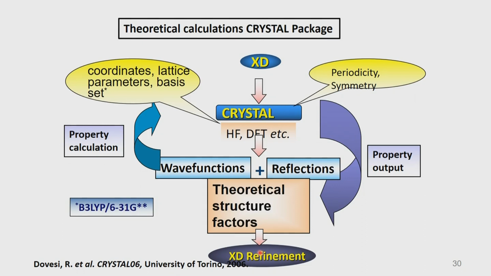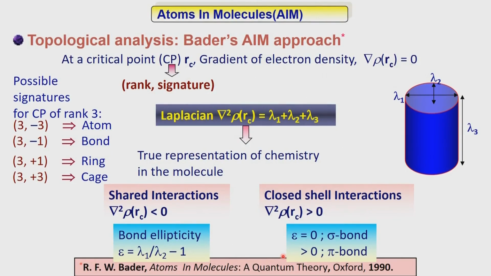There are two ways in which we can do it. One is, of course, we have the wave functions. This is the quantum crystallographic approach. So, we have the wave functions, we can go back here, recalculate these values and then feed into Crystal and then develop the theoretical structure factor. Or we have the reflections; these theoretical structure factors are essentially the reflections. We can therefore cycle these out such that we finally get high quality theoretical structure factors which can be taken to refinement. So, this is the approach which is there in the Crystal package, and now we have to see how to see these atoms.